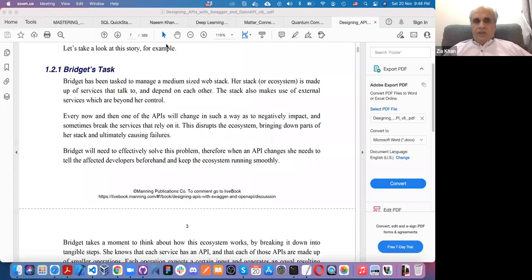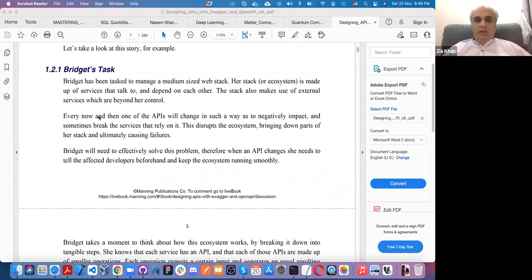Now, take a look at this. They are giving an example of a person who wants to develop an API. But imagine they start using it and something changes in the API. Anis, imagine this. I'm using your API and you change it. I won't even know whether you have changed it. My application will crash and I will not be able to use it, but I will not know that you have changed the API. So therefore, what they are suggesting is